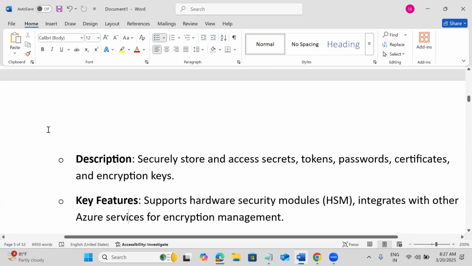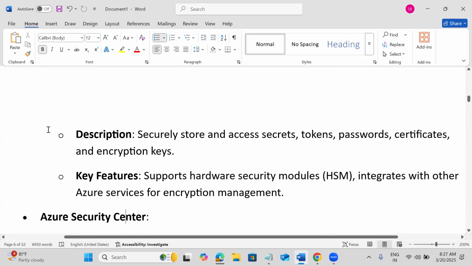Then one more very important feature, Key Vault. Say you have sensitive details like database passwords, certificates, tokens, or key pairs. All this data, we shouldn't share directly with the client. We need to keep it in the vault, and pass the vault ID. So we shouldn't share those sensitive details directly with the client. We need to use the Azure Vault feature. Definitely we need good expertise on the Vault for storing sensitive details.